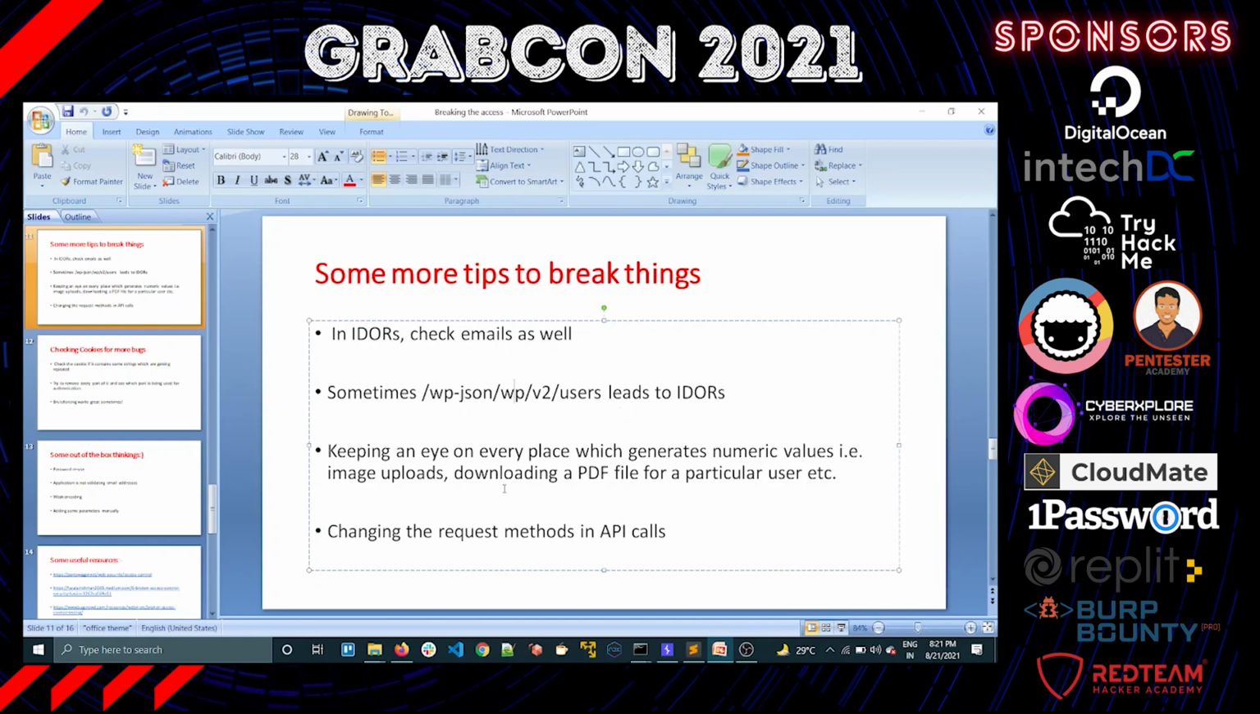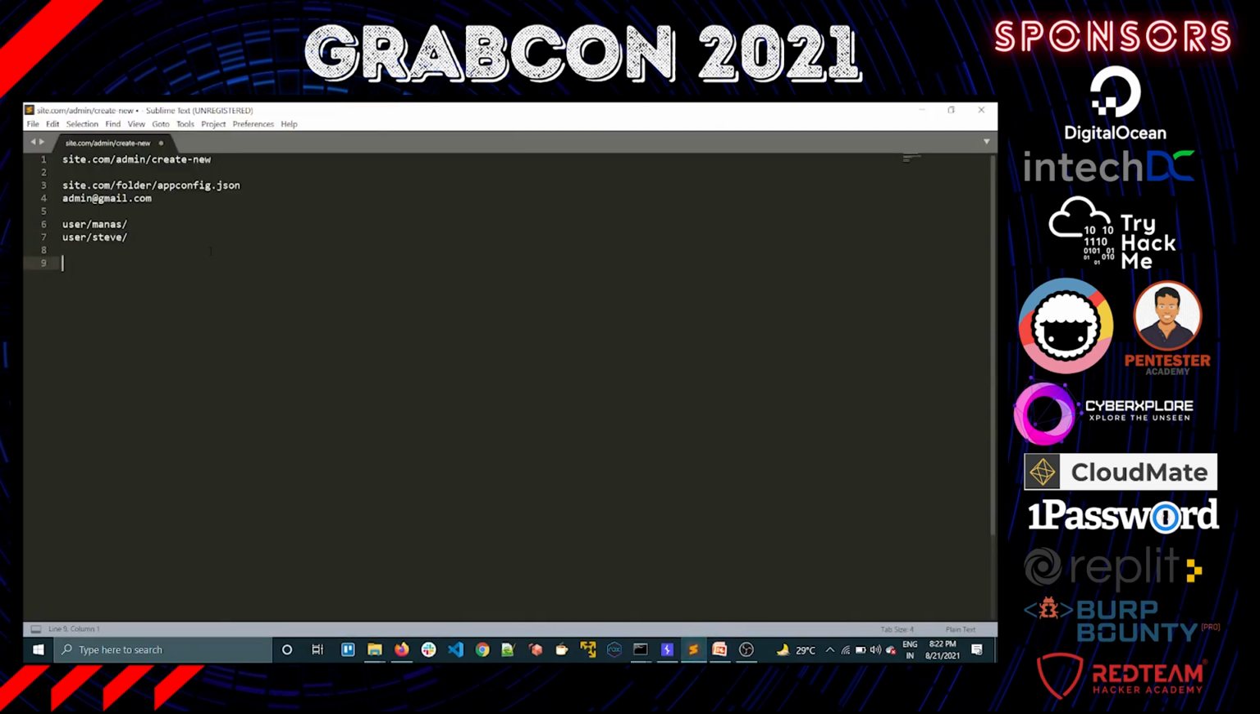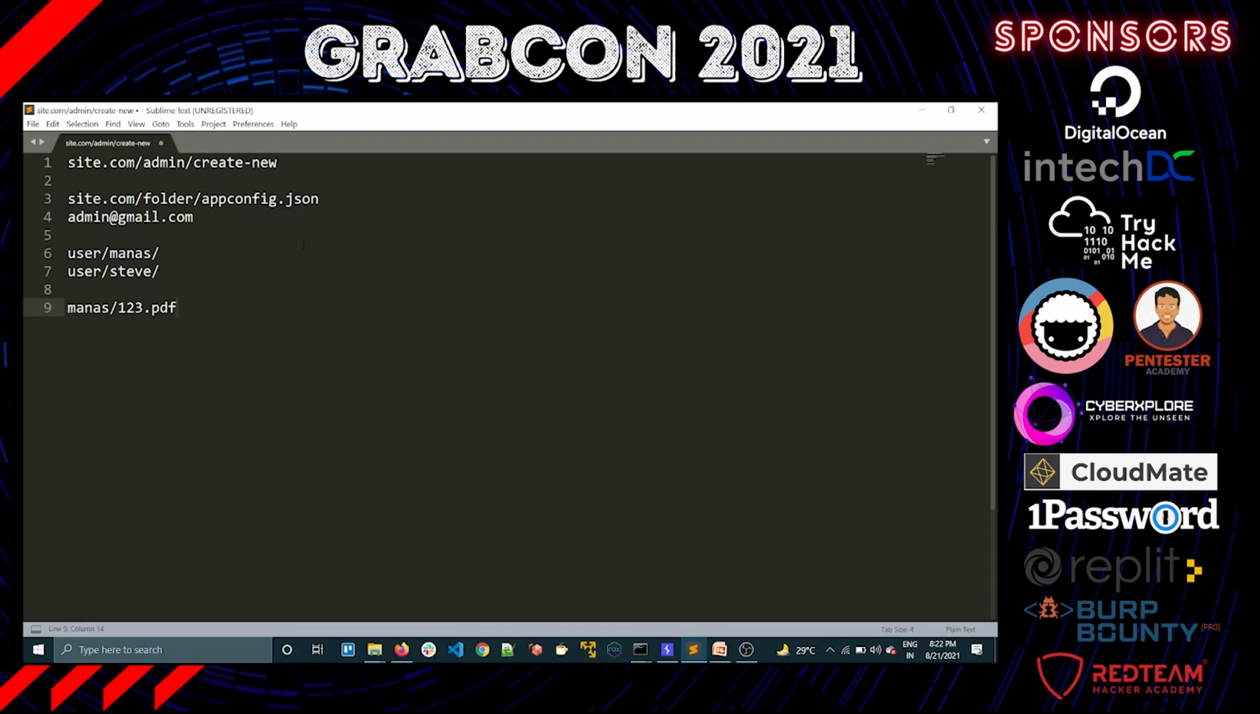Also in IDOR, keep an eye on every place wherever a numerical value gets generated. Suppose you are downloading a file. You will have a folder with your username, suppose Manas, and then 123.pdf. In banking applications it happens. So what you can do is change this PDF file to 124 or just brute force it. You can put it in Intruder, brute force from 0 to 999 and see if you are getting something. So this is also a case